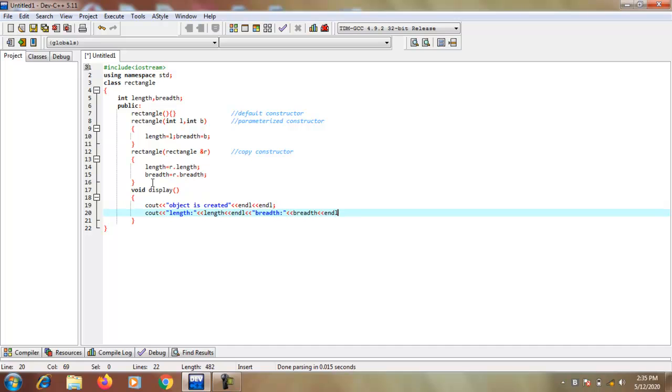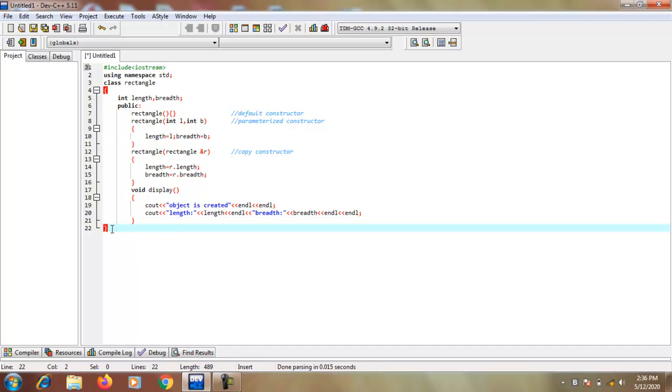Here I use the double endl for display purposes. So three constructors are declared and one display function is declared.